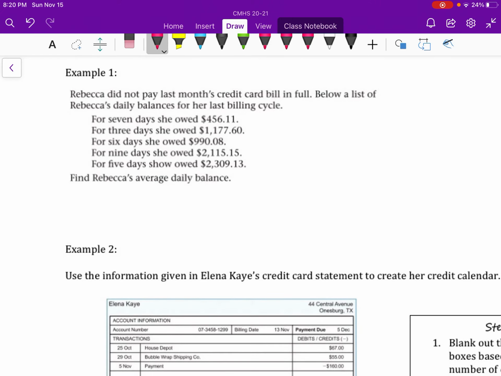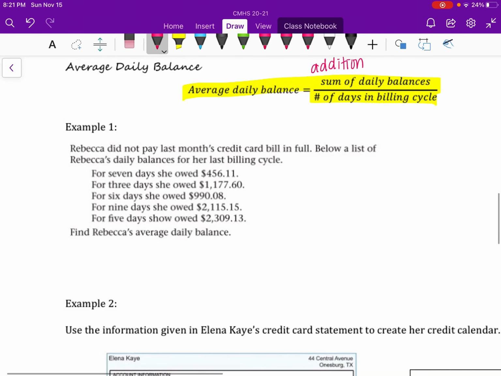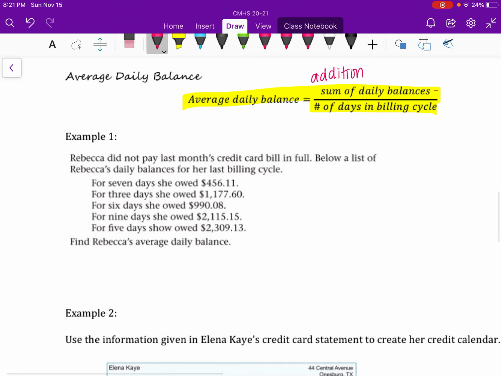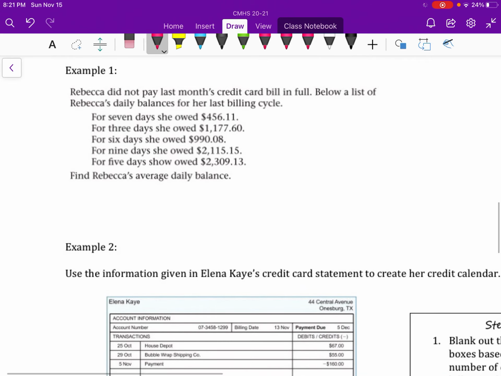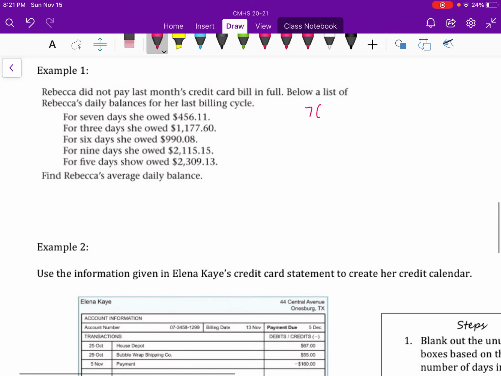So here is Rebecca's daily balances for her last billing cycle. So on the top is the sum of daily balances. So what we're going to do is add all these together. For 7 days, she owed $456. For 3 days, she owed $1177. We're going to multiply those. So for 7 days, let me see if I can do it over here. For 7 days, she owed